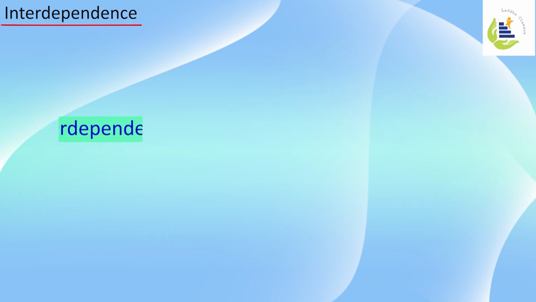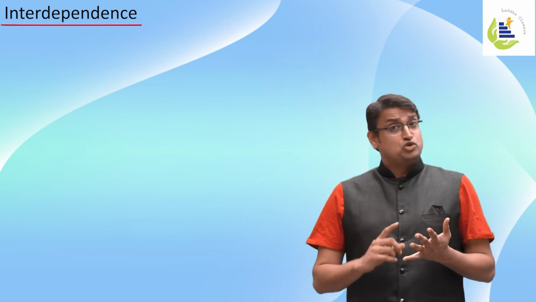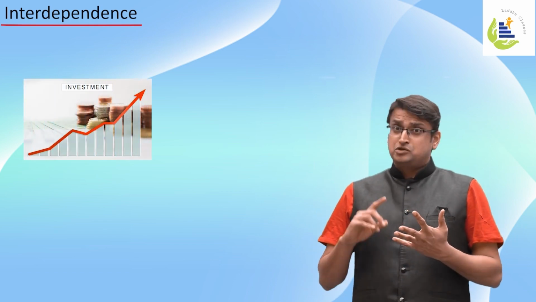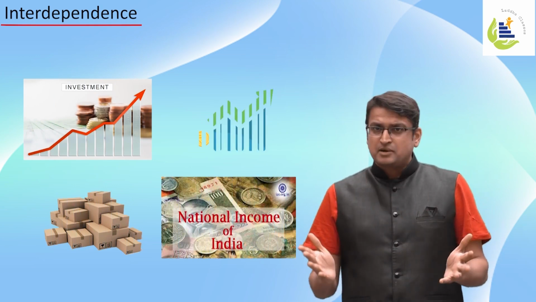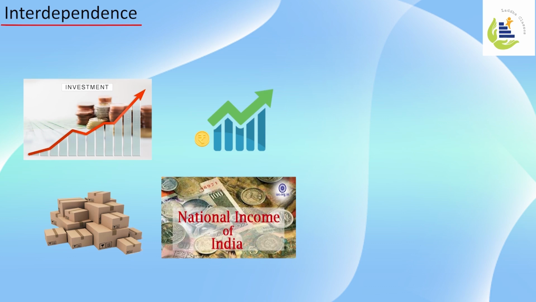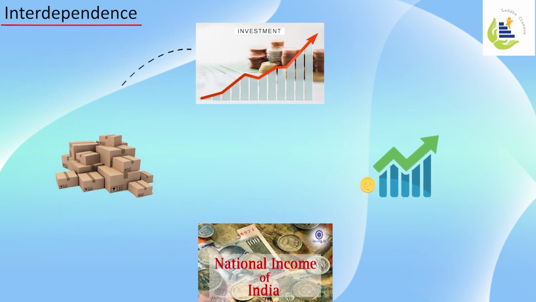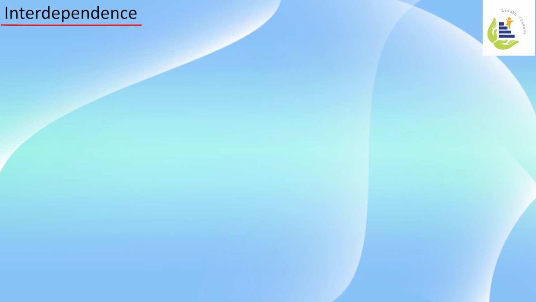So in macroeconomics, we take into consideration the relationship between different aggregate economic variables like total investment, total output, total income, general price level of the commodity. So all these variables are related to each other. It's another feature of macroeconomics. We don't separate them. Now, I'll explain this in greater detail in the context of microeconomics.